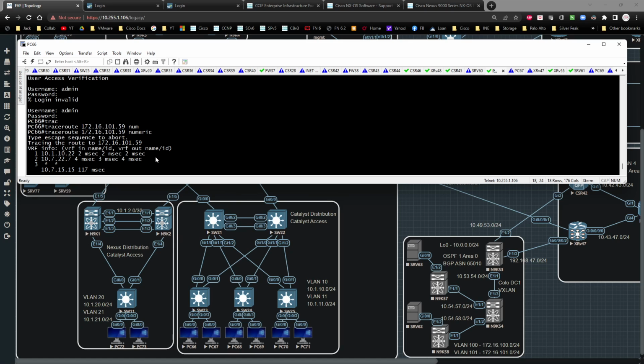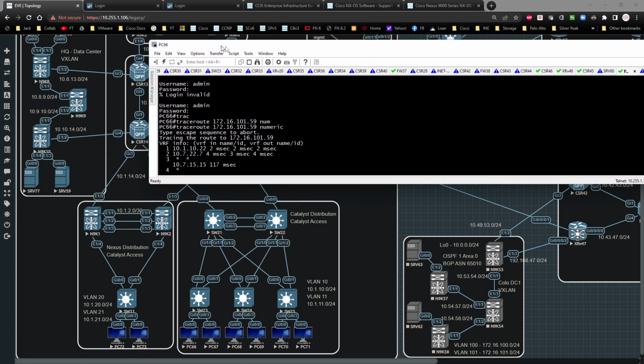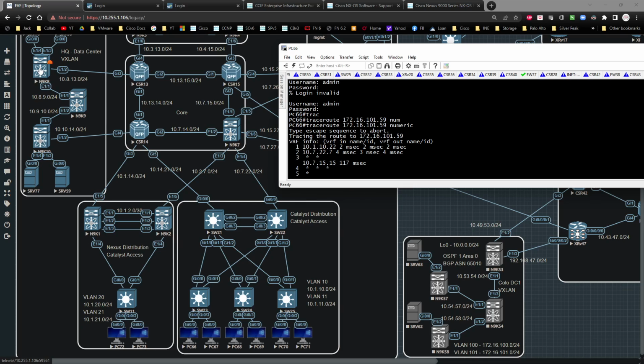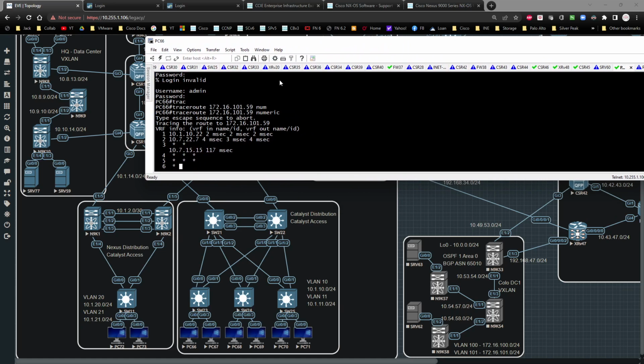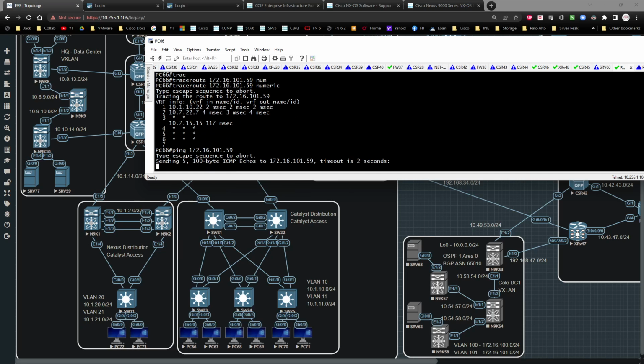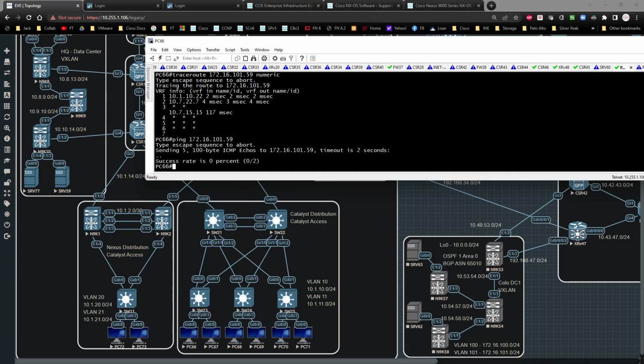Oh, okay, there it goes. 7.15. Then it should jump across here to 13, then to Nexus 9K8. Okay, Control Shift 6. Why is this not working? Now I can't ping it. Control Shift 6. Can I ping